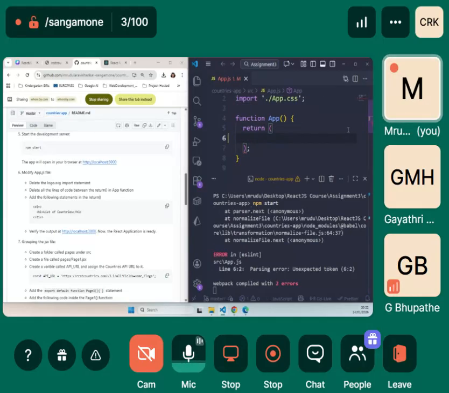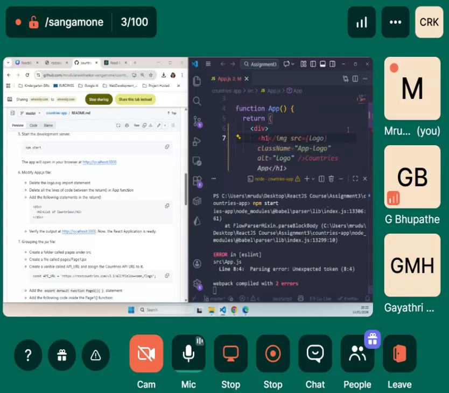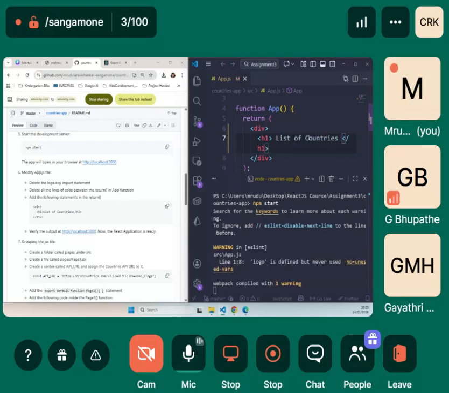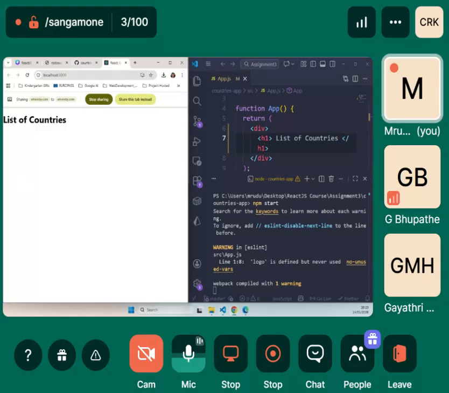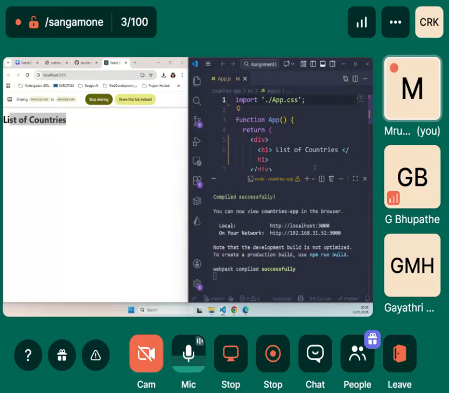So we are going to add a div tag, and then inside the div tag we are going to add an h1, List of Countries. Now let us see our app. As you can see, we have our h1 displayed here. Now we have a warning: logo is defined but never used. In order to not have this, we will just delete the first line and then save it, and it has been compiled successfully.